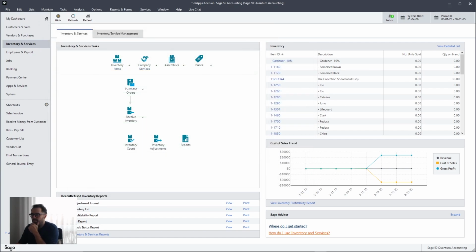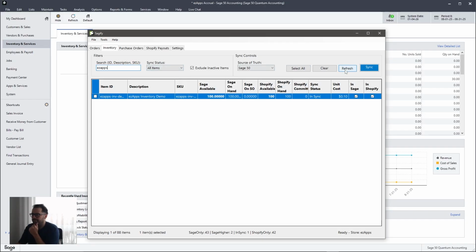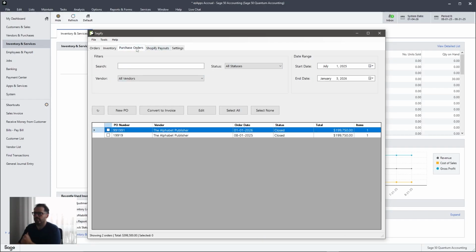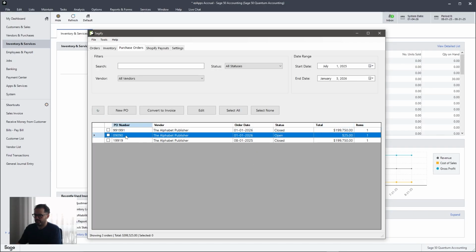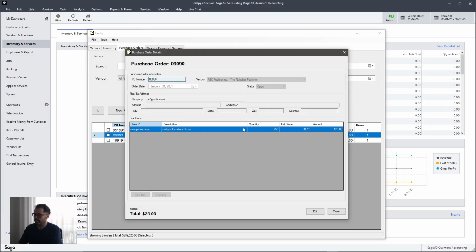And so what you can do then is go into Sagify, go onto the purchase orders tab, and it will show you all your purchase orders opened and closed. And you can see here's the one we just made, 09009, and we have 250 units of the Easy Apps